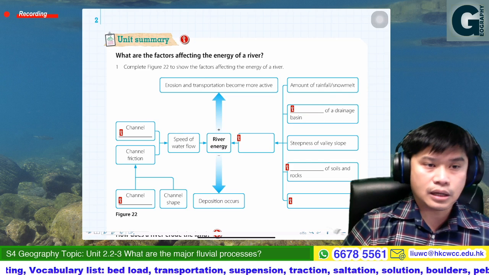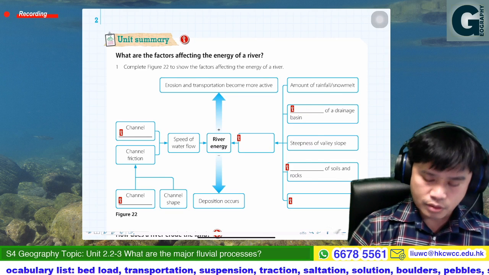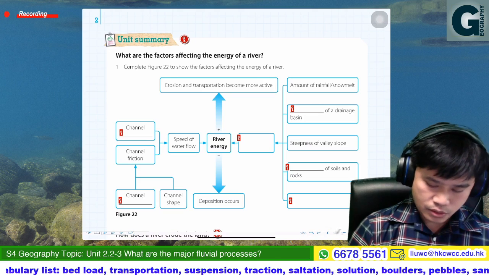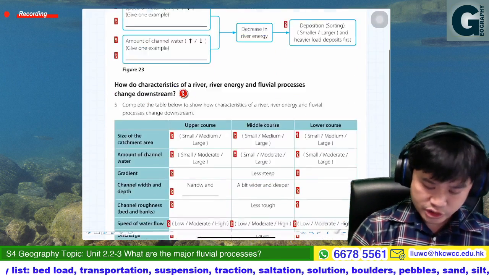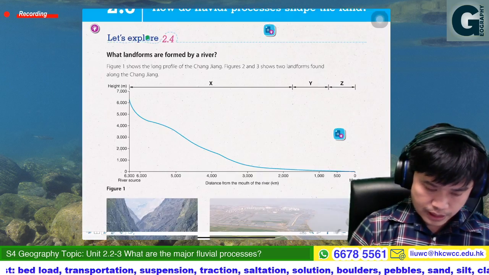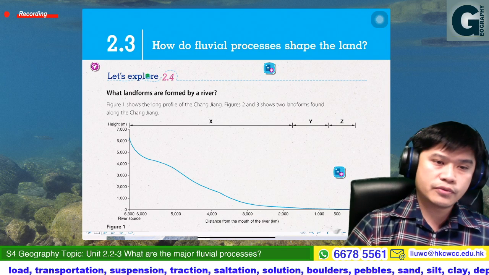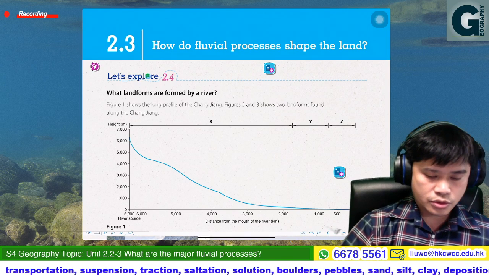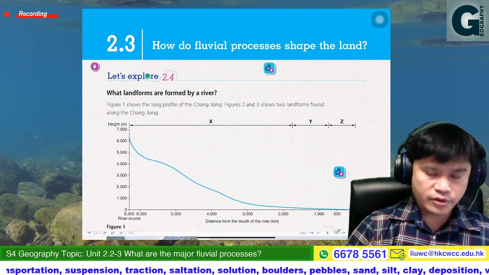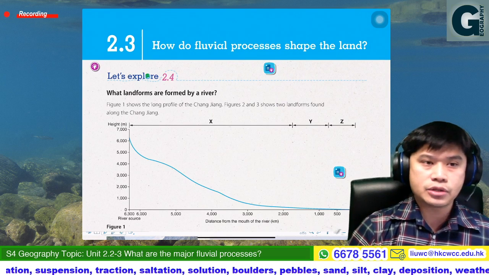Later I will make a video to check the answers with you for the checkpoint exercise and also the unit summary. Okay, so 2 pages. And then unit 2.3. For unit 2.3, I think I will start in maybe a few days. So everyone, please pay attention to the